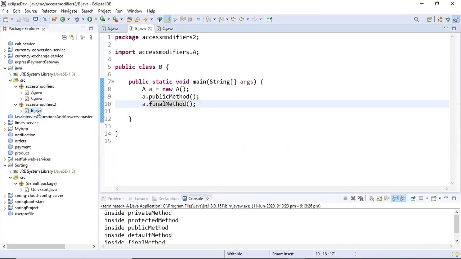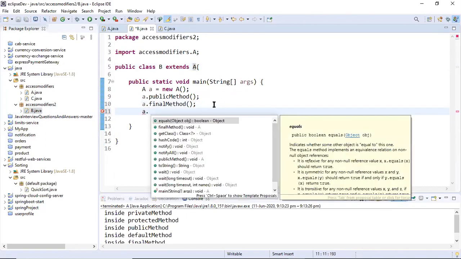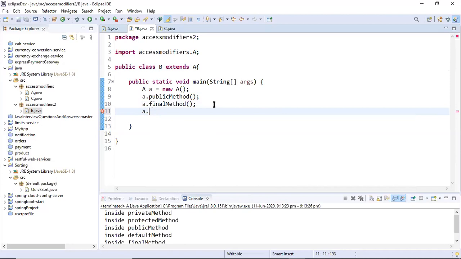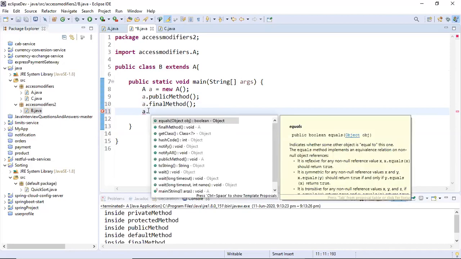Now, guys, what I'm trying to do here is I'm trying to make B the subclass of A. Let's see how many methods are available right now. Is protected available? No. Is public available? So nothing will change here.